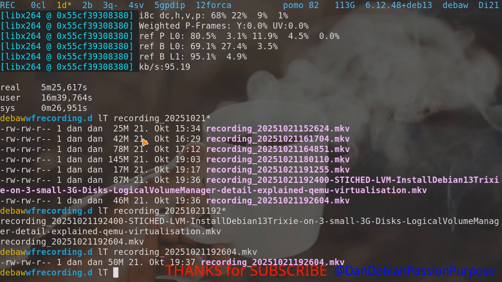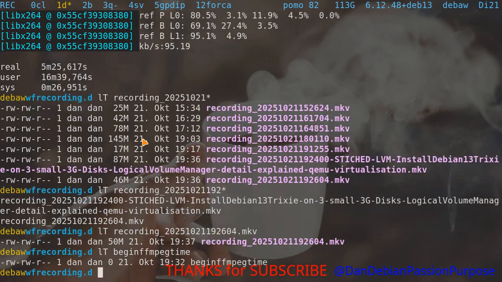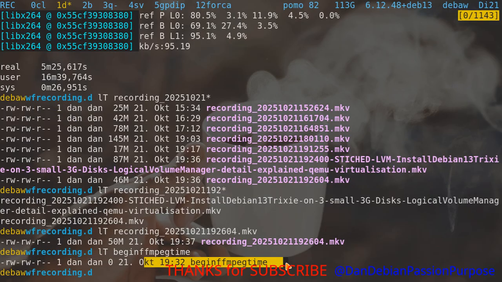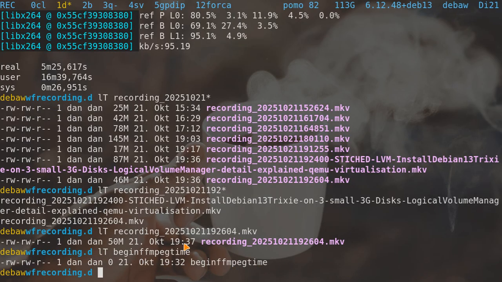Let's check begin. This is the timestamp file for the beginning of the ffmpeg process, and here you see we are now at 1936. The process was finished by ffmpeg, and at 1932 we were beginning, or 1931. So it was really 5 minutes for a video that lasts 1 hour, but the quality is not that